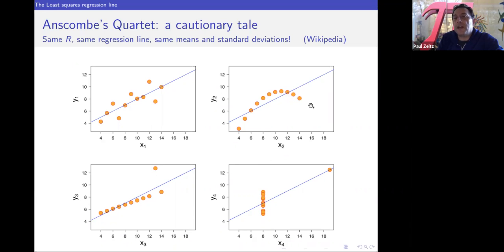But if you look at the data set X2, obviously it's a nonlinear thing. It's just a parabolic motion, but we end up getting exactly the same R and exactly the same standard deviation for Y, exactly the same standard deviation for X, and so on. And then if you look at this one, what's going on here is that clearly the trend line should be this line, but what we have is just a weird outlier. It might even just be a typo or, you know, an underpaid college student who's maliciously sabotaging data.